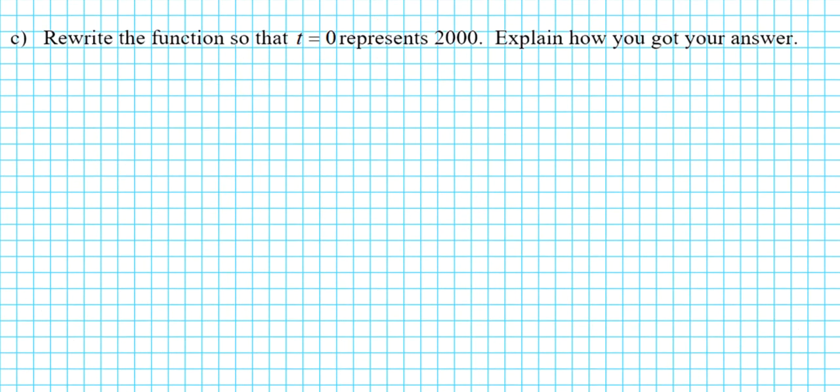Now let's take a look at the C part. It says rewrite the function so that t equals 0 represents 2000. Explain how you got your answer. Now we know that initially t equals 0. Let's write that down. Initially t equals 0 represented, what was it? 1990. Okay. So now we want t equals 0 to represent